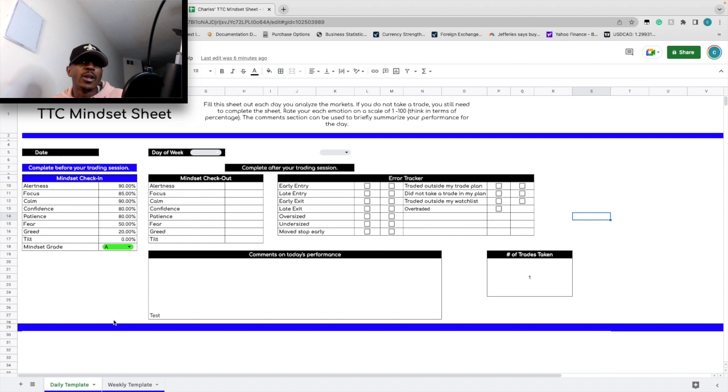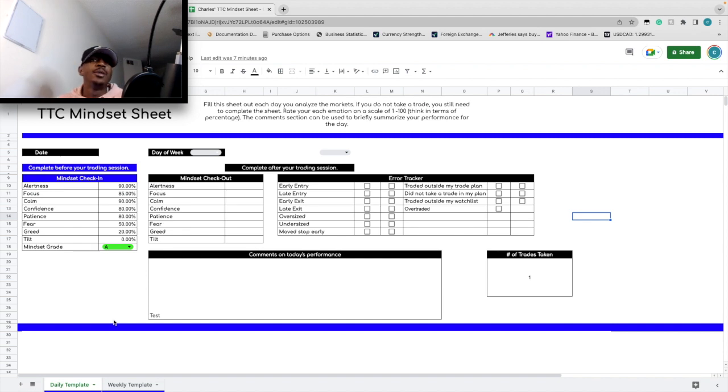I felt very focused. Even though I feel very good in terms of focusing on the markets, there are some things that are kind of on the back of my mind. I have some stuff with work in terms of the 9 to 5, and some other things that I'm working on as it relates to TTC, like coding some different strategies. So I'm a little bit distracted in that end in terms of my mind space and all this kind of stuff. But yeah, so that's how I would give myself a grade.